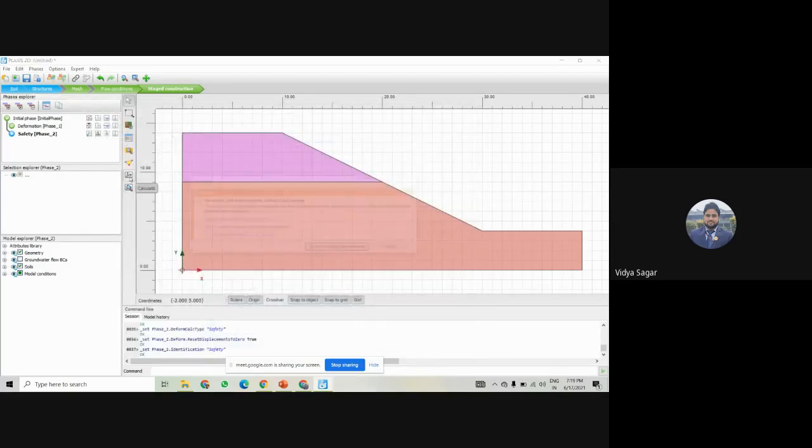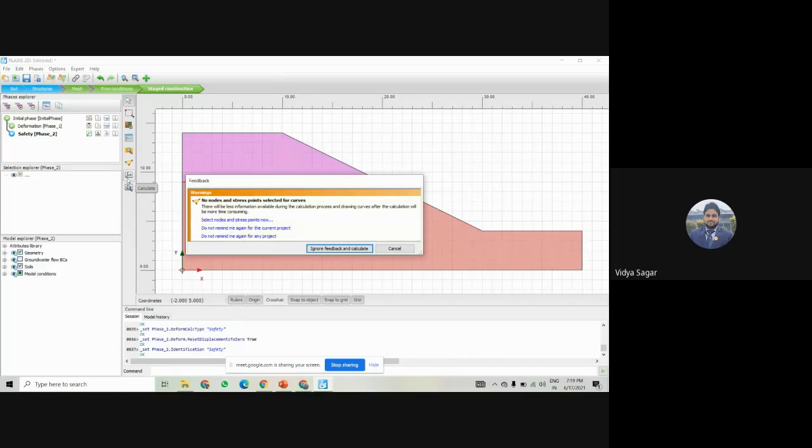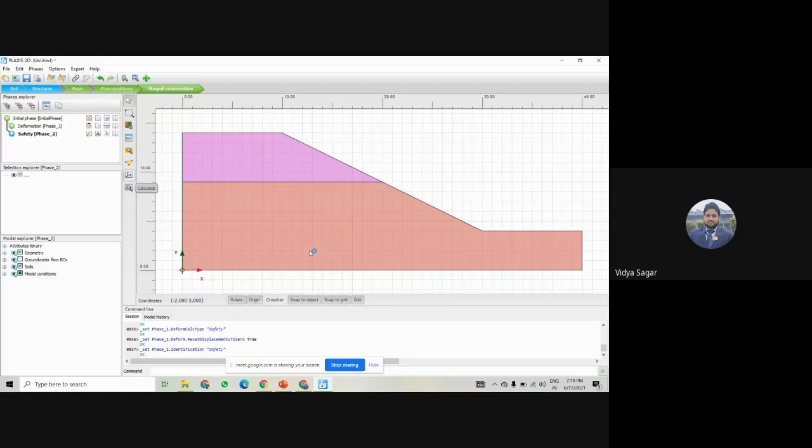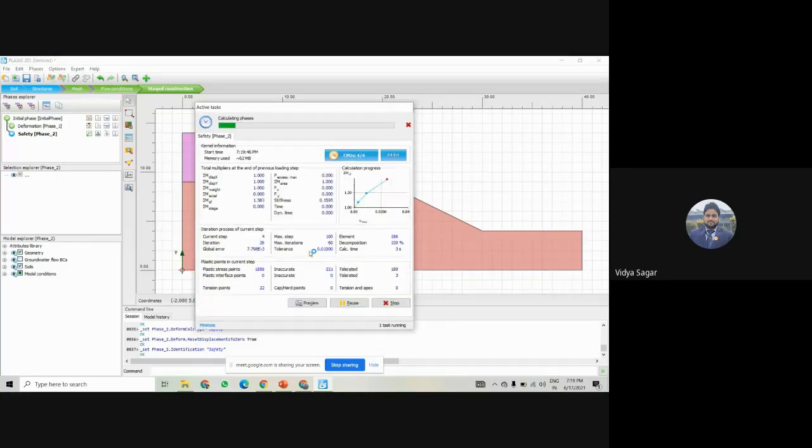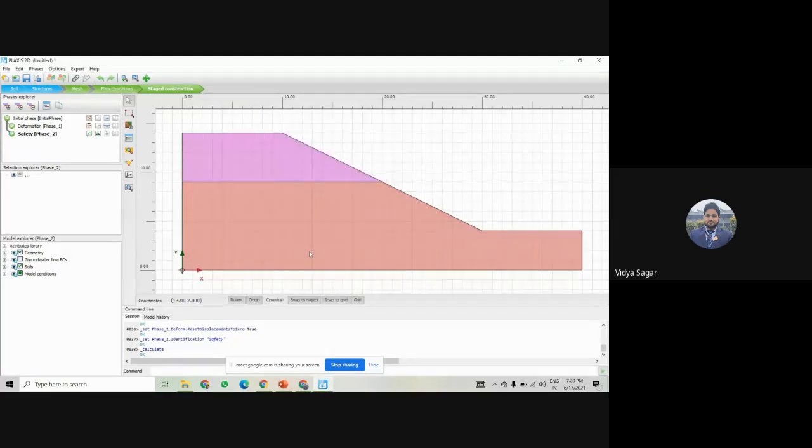Again, I am running the calculation of the model. Okay, it is done.